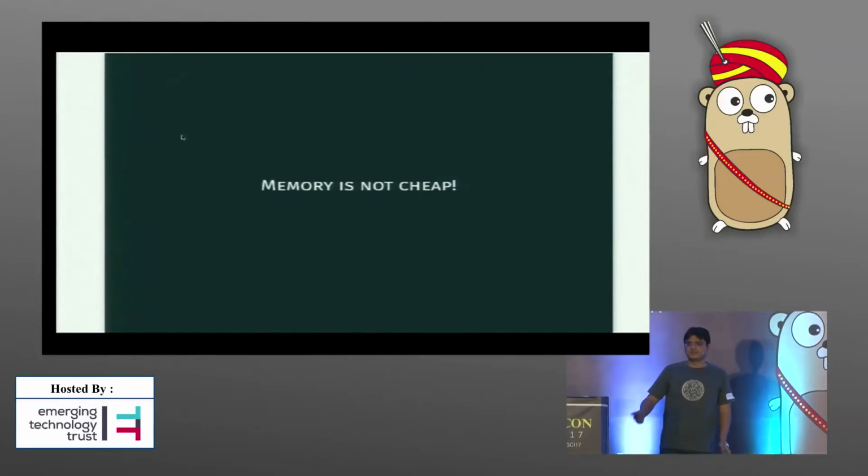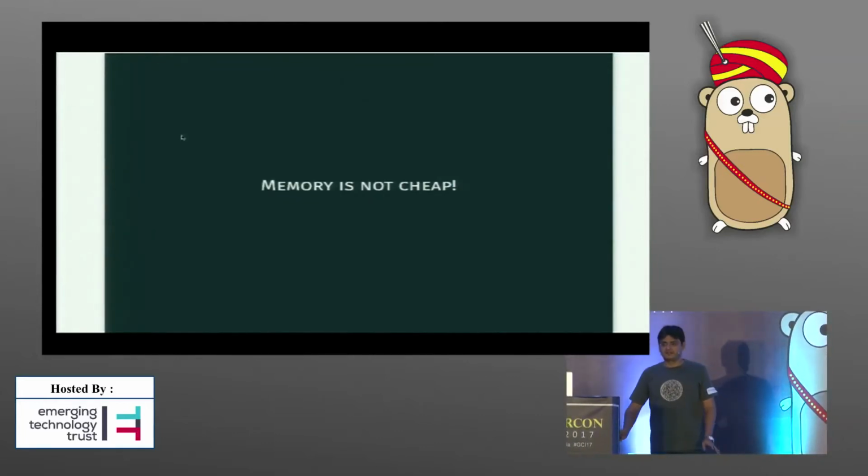Okay, and this is my claim. Memory is not cheap. Start treating it as an expensive resource. So I will talk about 4 points, precisely 4 points. 2 of them are tools and 2 of them are thinking ideologies. When you design a system, what should be the approach? And that is about it. So